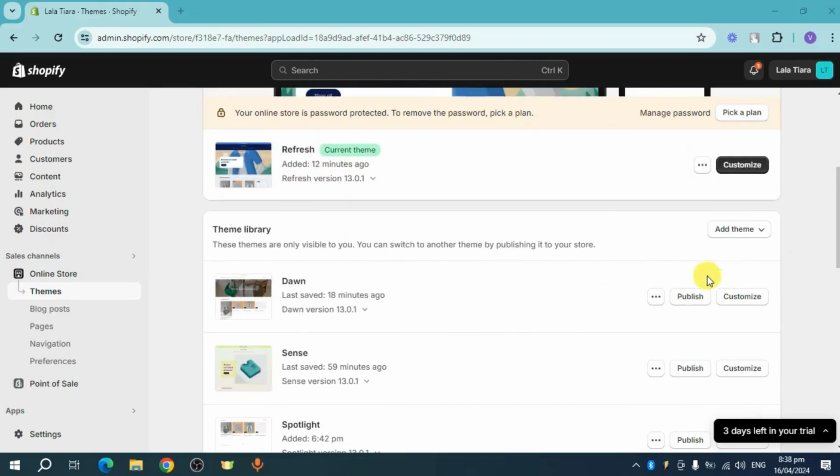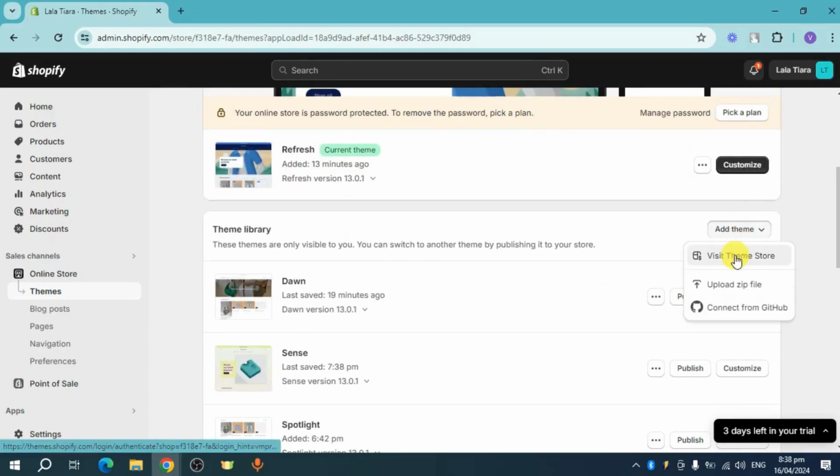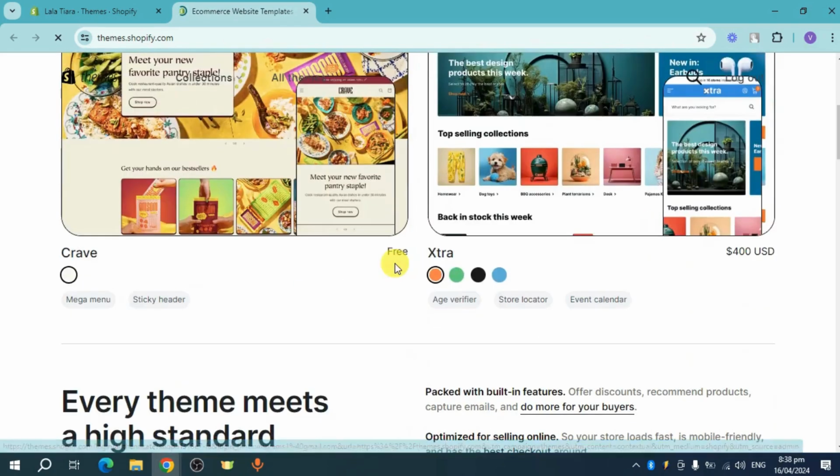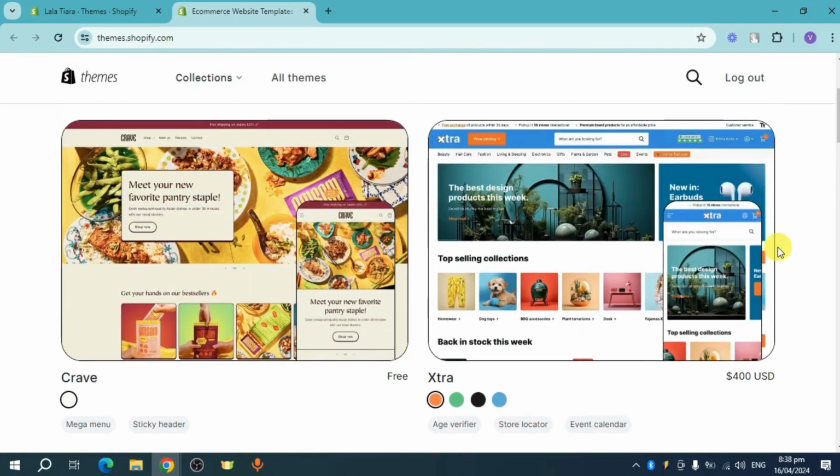So in here, what you can do is click on this add theme right here, click on visit theme store, and then this will direct you to a new page wherein you can see the themes that Shopify offers. Now on this specific page right here, you should be able to see some free themes, some paid themes as well. And as you can see, you should also be able to see what the niche of